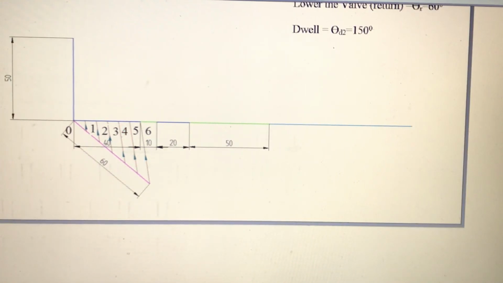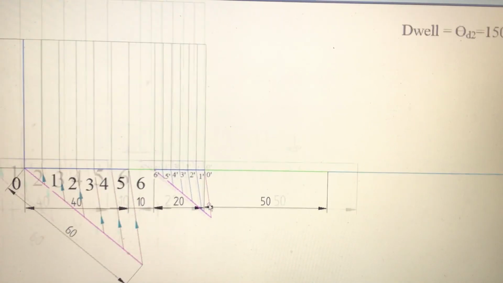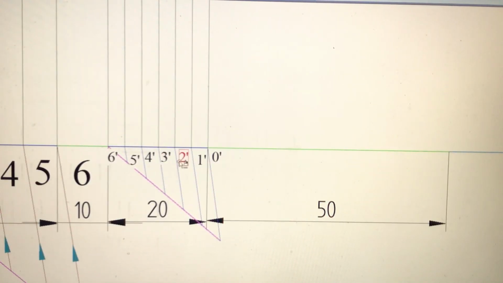Next we'll divide the angle of return into 6 equal parts. You follow the same method. Here it is 20 mm, so I took a 30 mm line at 40 degrees. I started from this end point. Instead of 10 mm, I took 5 mm, because it's a 30 mm line. So 5 mm, 5 mm, 5 mm; each division is 5 mm. From each 5 mm point, I draw parallel lines like this.